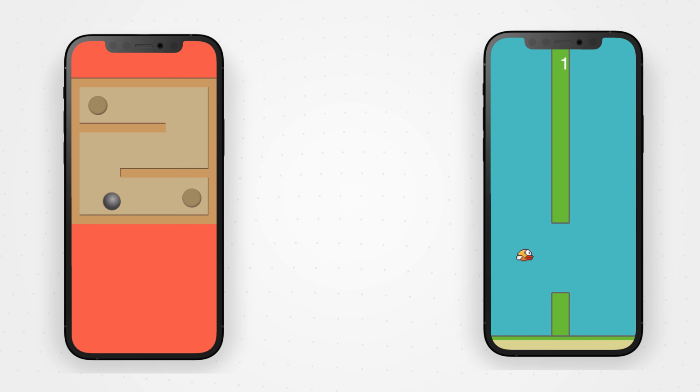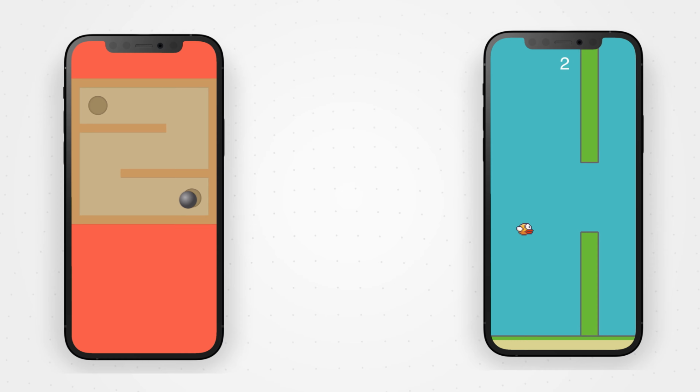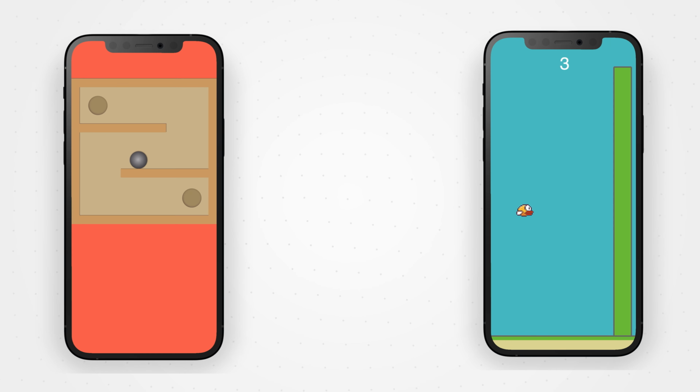And I've been having so much fun with React Native Skia during the workdays that I started to build mini games in my free time. A simple Flappy Bird clone and a motion-controlled ball in a maze game. We're definitely excited to have advanced 2D graphics in our React Native projects, and we cannot wait to see where the library goes.